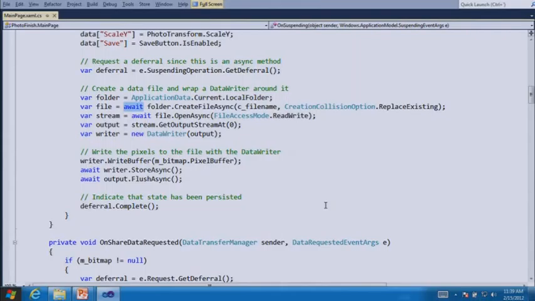But what's actually happening under the hood is that this function, this event handler, is actually returning. And then a callback function is being called. It's returning and it's being called again. The purpose of this call to get deferral, and this is something you'll use a lot in WinRT, is to